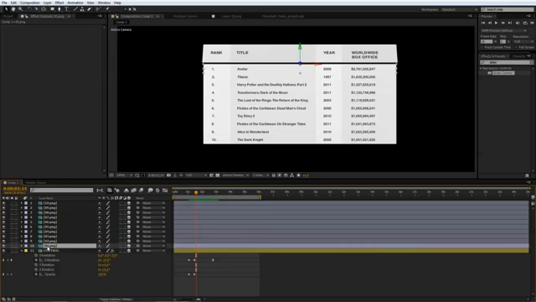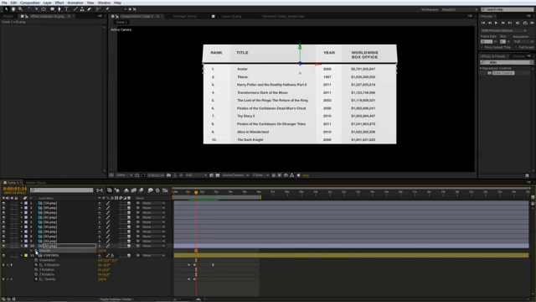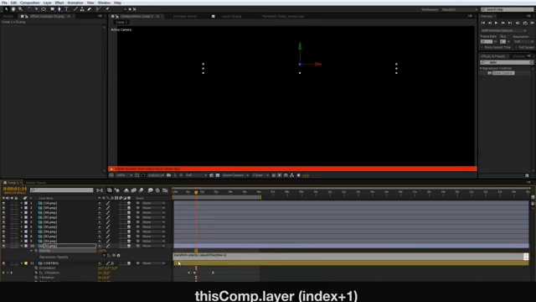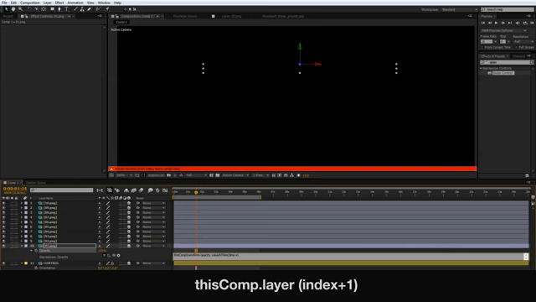So click T on your keyboard, alt click on the stopwatch, then write an expression: pointValueAtTime minus x, and x refers to the time value by which it's going to be offset. Then we need to add a couple more words at the beginning of this expression. It is thisComp.layer(index + 1), and it refers to